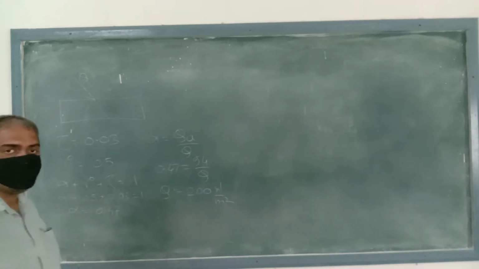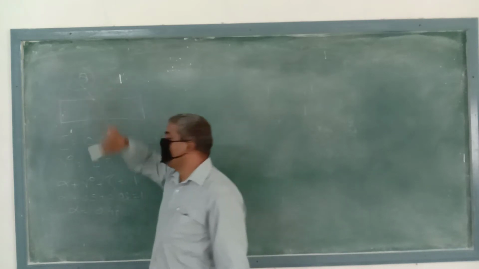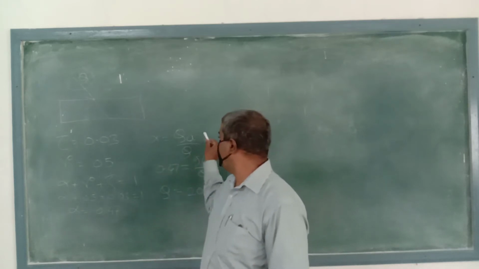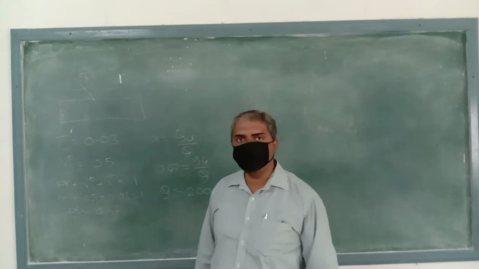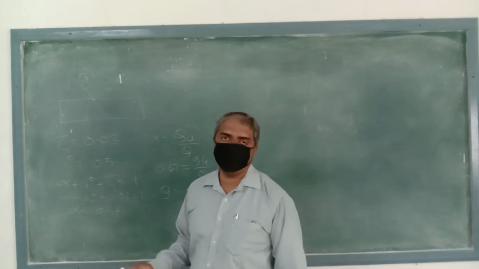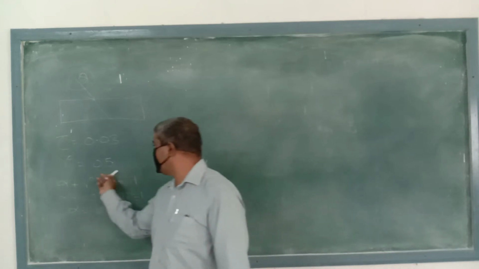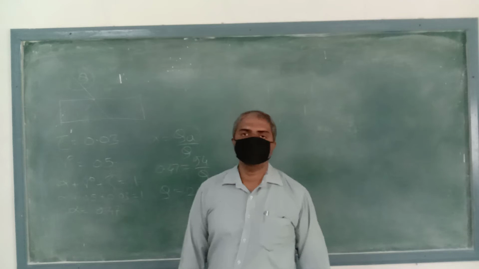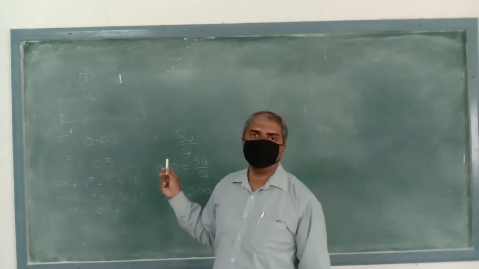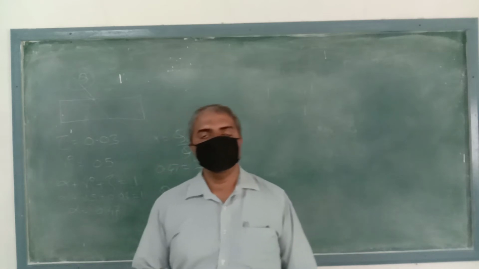While discussing this problem, they are asking us for the incident radiation. So this is the incident radiation. They have given the QA value, and they have also mentioned the tau and reflectivity values. They are not directly giving the absorptivity value. So by using this relation, we have calculated the absorptivity, and in the absorptivity formula we can substitute the values and easily get the amount of heat radiated. So this is the first numerical.